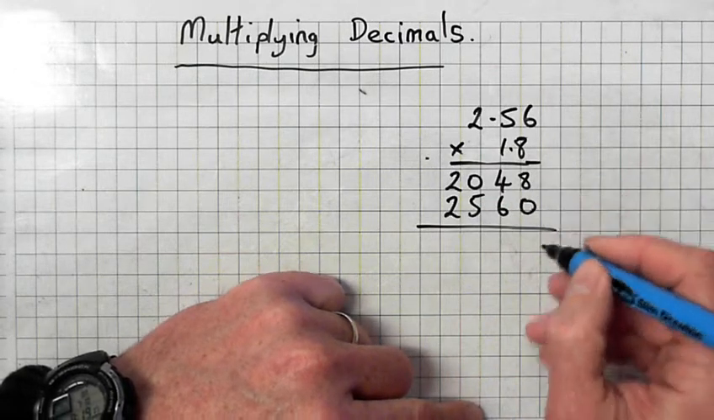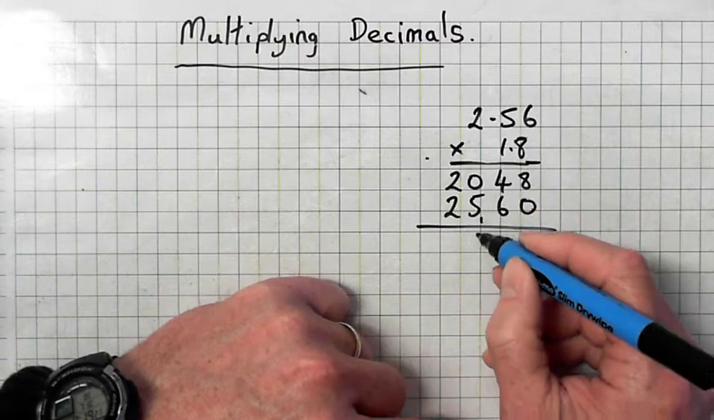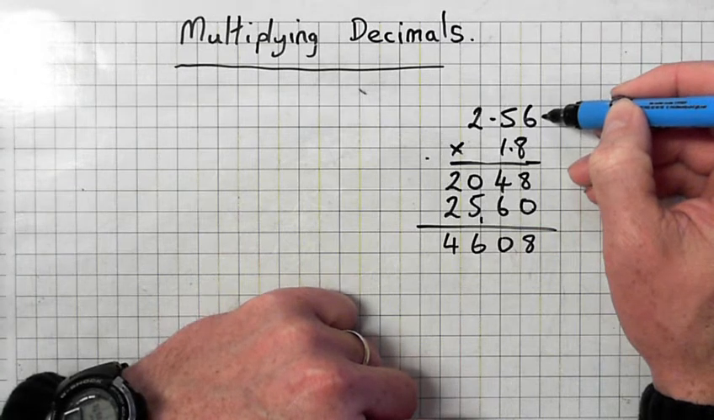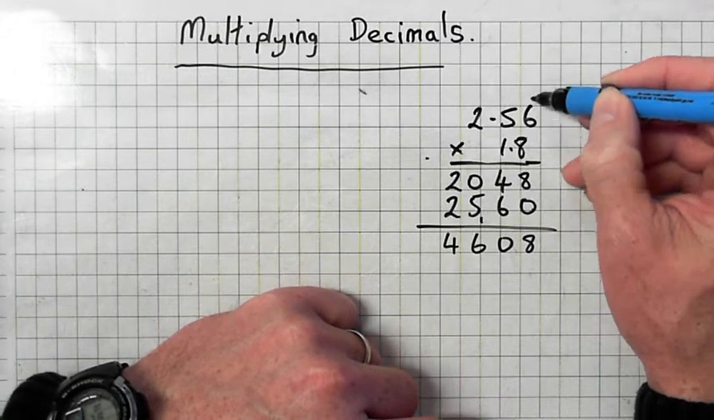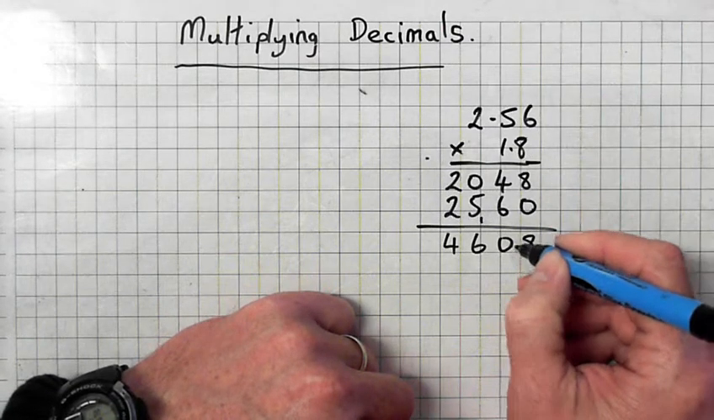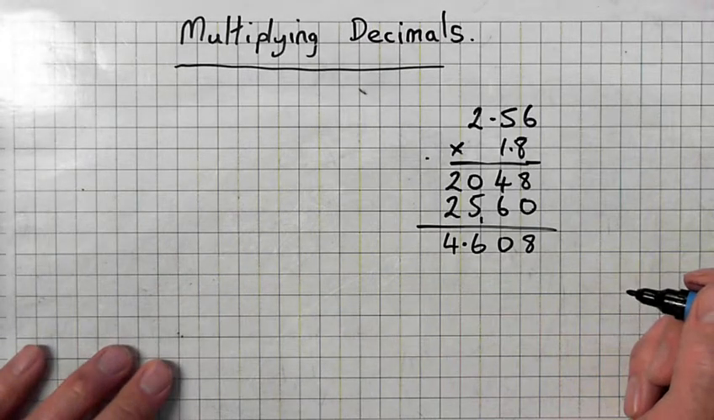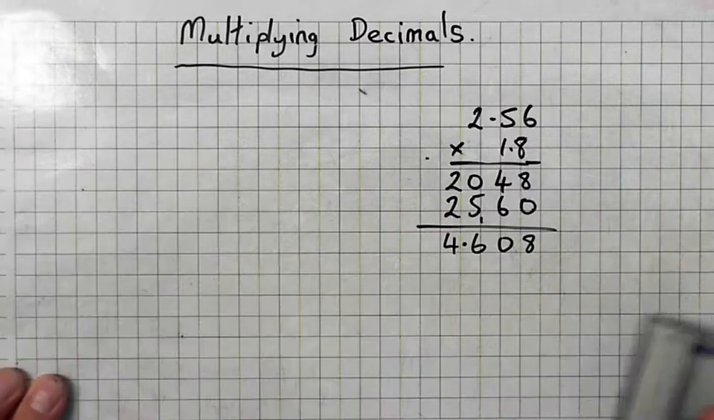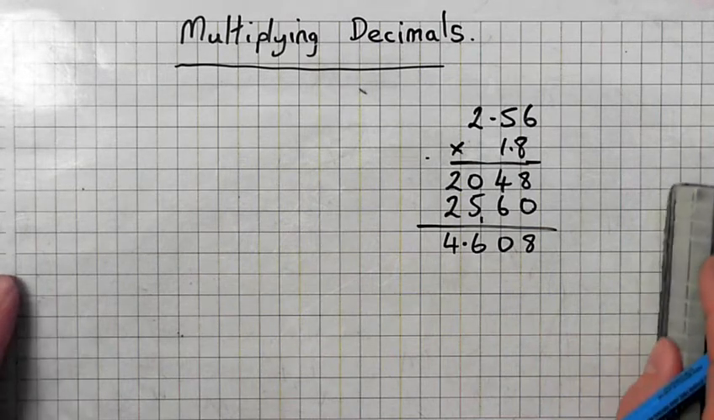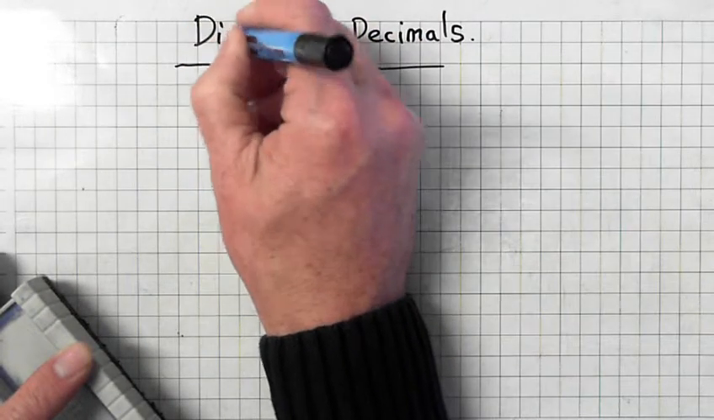Now I'm going to add 8 and 0 is 8. 4 and 6 is 10. 0, carry 1. 6, 4.6. 4. Now start on the right, how many decimal places do I have? 1, 2, and another one, 3. You understand that? Right. Multiplying decimals. Does everybody understand that? So since you do understand that, we'll go on to